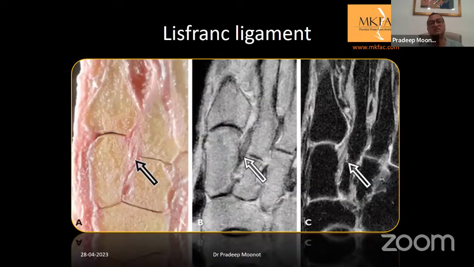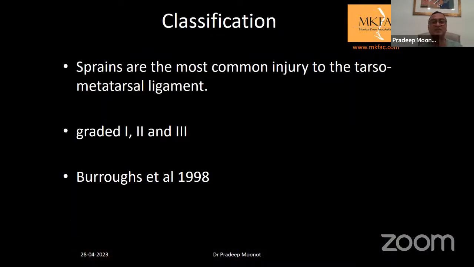The reason I've kept this slide is not to show you the anatomy, but I would advise and suggest every time you see an MRI of the foot, look at the cross sections or the axial views and try to identify the Lisfranc ligament, because once you learn to see it normal, when you see an abnormal, there'll be fluid in that, or if there is a tear, you can probably identify it, because many times the MSK guys may not see this or identify what you're suspecting. So learn to do that.